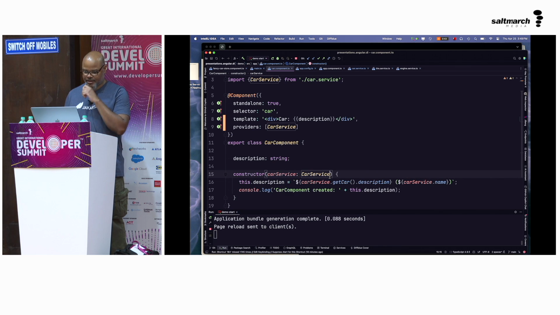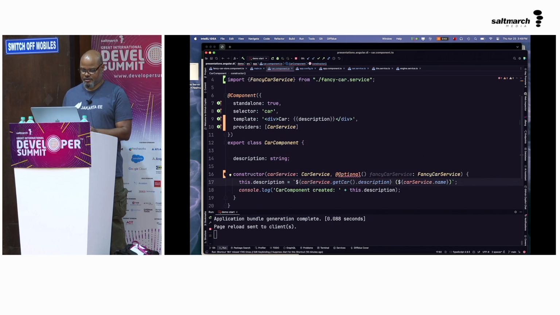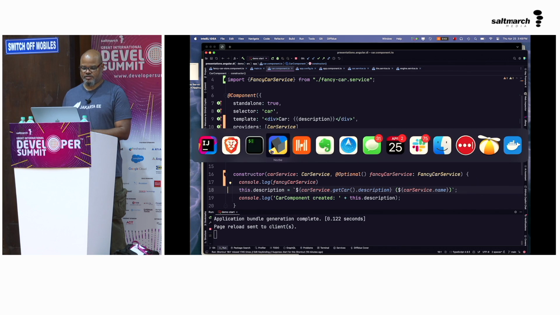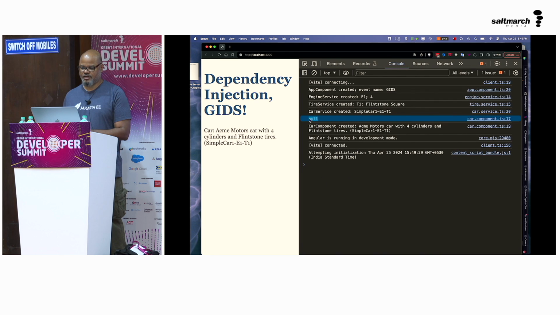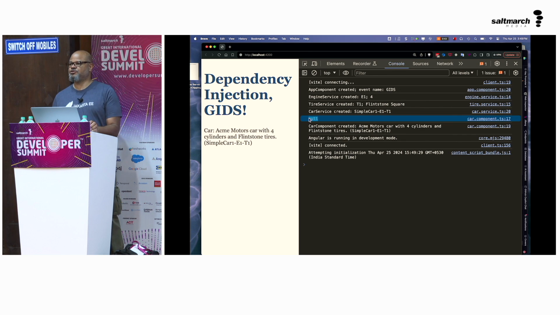So if I said, let's say optional fancy car service, and then I did a console.log, fancy car service. Okay. So if I look at what happens in the console here, I get null because fancy car service is not provided anywhere, so it didn't come through. So optional is useful in that case.